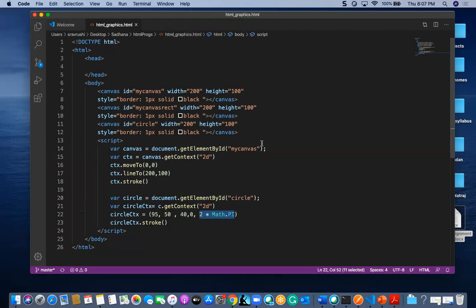So this will give us one complete circle inside a particular rectangle. Okay, inside a particular rectangle. So now